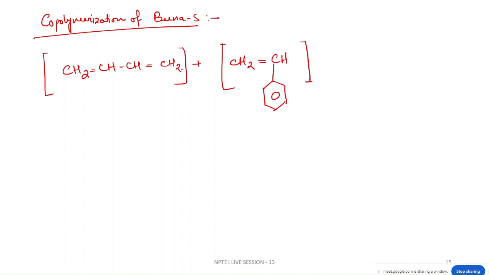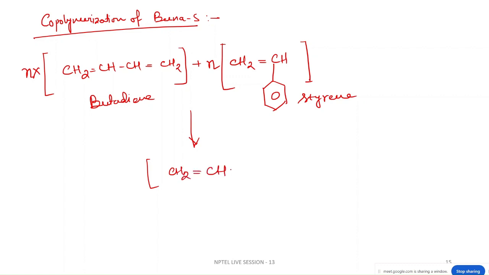These are n number of units, and they should be in a 3:1 ratio. This is butadiene and this one is styrene. So by the polymerization reaction, it produces polybutadiene-co-styrene, that is CH2=CH